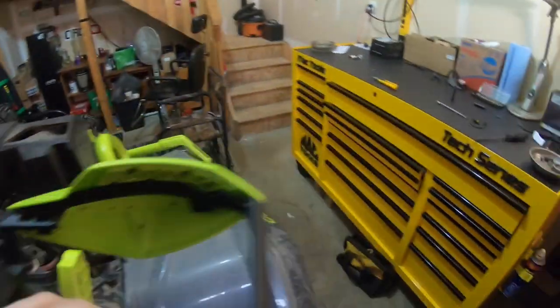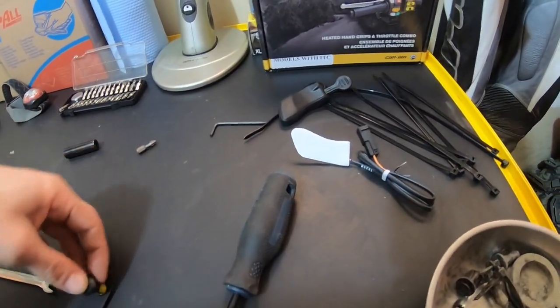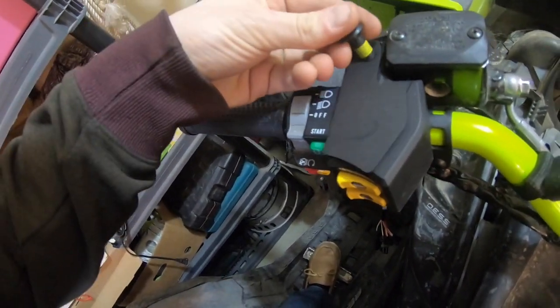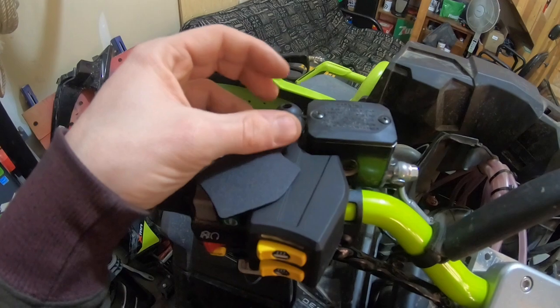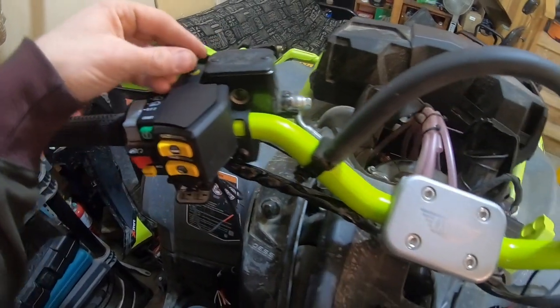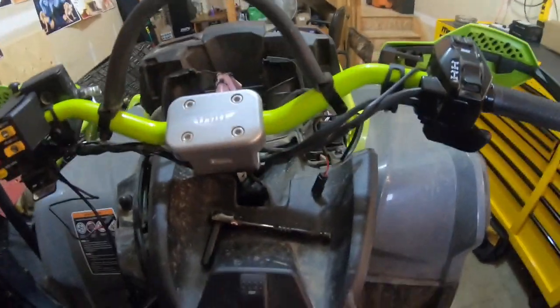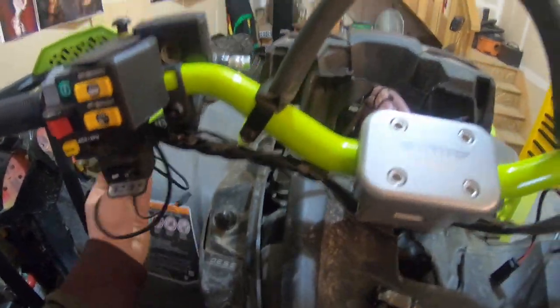One little screw hole, and this new one comes with a plate and a washer. So you lay the washer down first, then you put the plate on, and then you get that bolt going on there, just like so, and then yeah, so we'll be running our wires down around down the stem there, and it'll